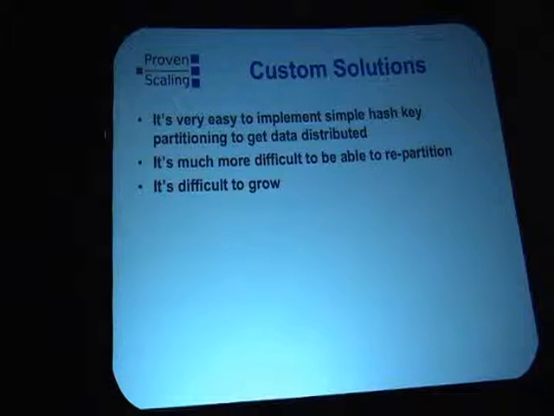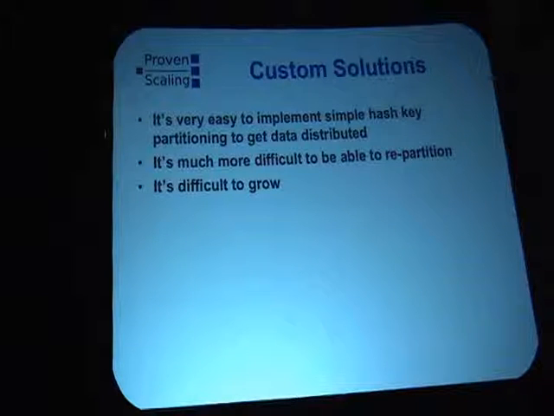So what happens then? You've distributed your data across 4 servers based on fixed hash key partitioning. What do you do when you need to add the 5th server? There are a couple of strategies for that. The simplest strategy in hash key partitioning is you can never add the 5th server. You can only add the next 4. You have to double the number each time in order to make the growth somewhat manageable, because that means that you're only moving data from one server, basically. So you can split a partition. And technically you could, I guess, add the 5th, but the partitions would be imbalanced at that point, as long as you've got a mapping of